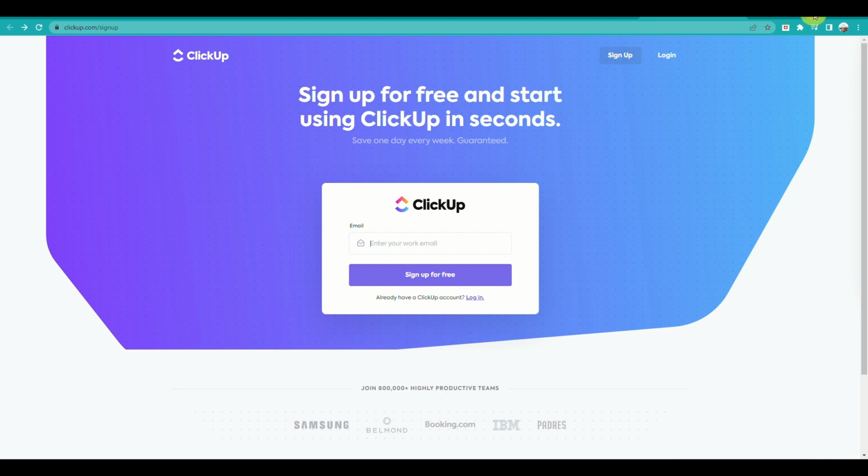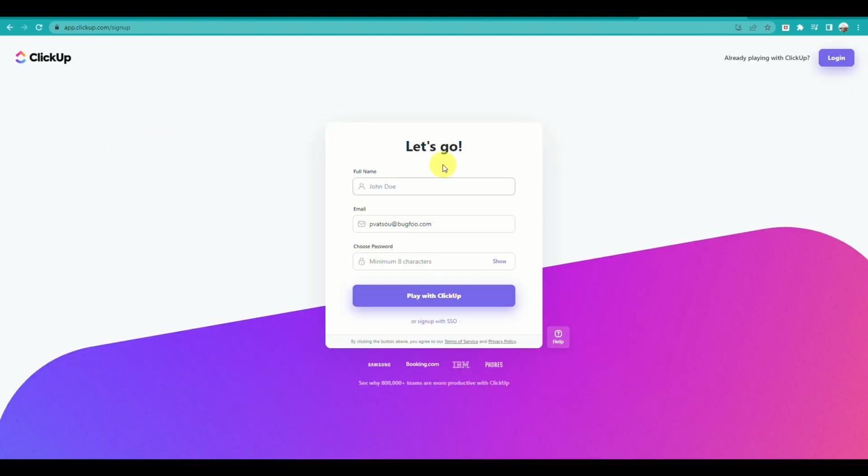So before we begin, what we do here is we will be signing up for the platform first. So we will be inputting our email and then we just click on sign up for free. And then from here, we will be inputting our full name, and then we will be creating our password as well. Okay, once done, you can just click on play with ClickUp,